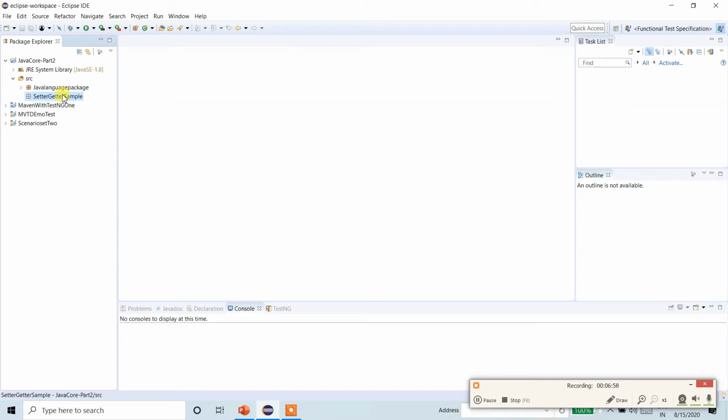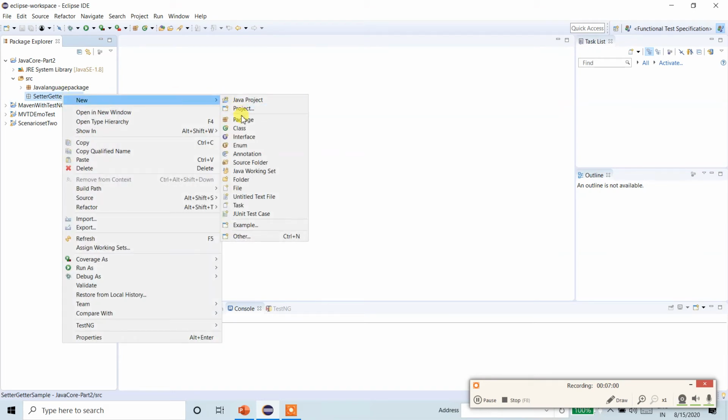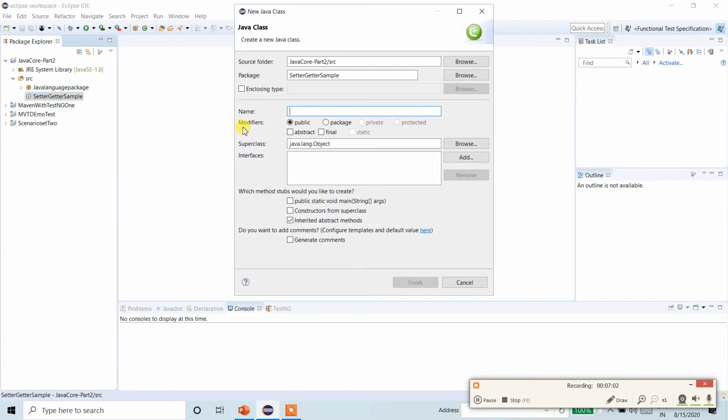In the setter getter sample package, I need to create a class first. Fine. It must not be a public class, it must not be a main class.